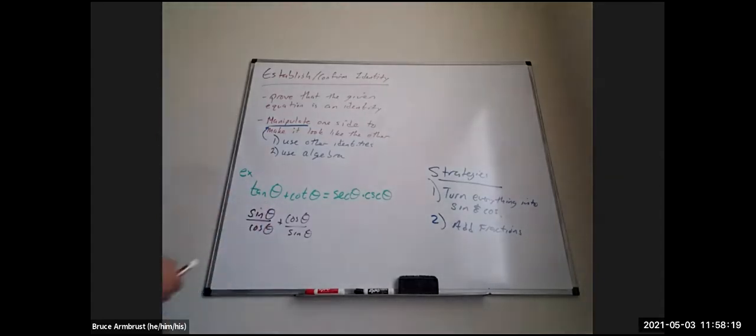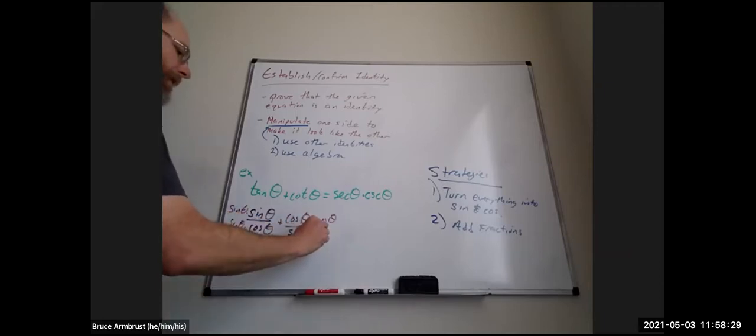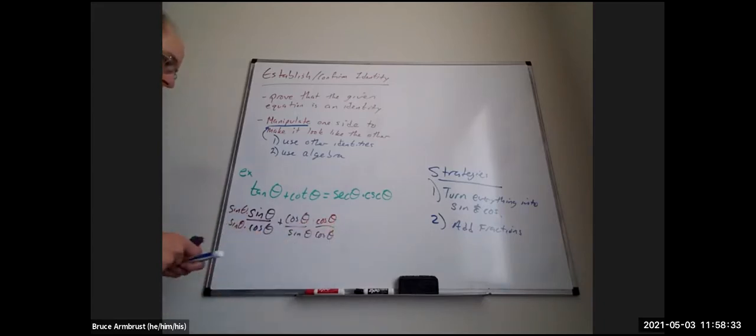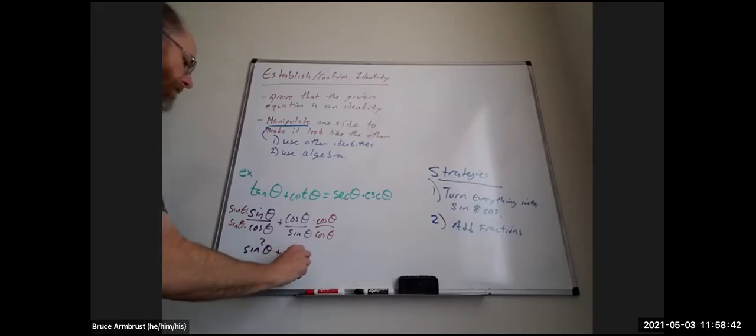We need a common denominator, which in this case would be sine times cosine. So the first one, I'm going to multiply both top and bottom by sine. And the second one, I'm going to multiply top and bottom by cosine. So put those together, and I get sine squared plus cosine squared over the common